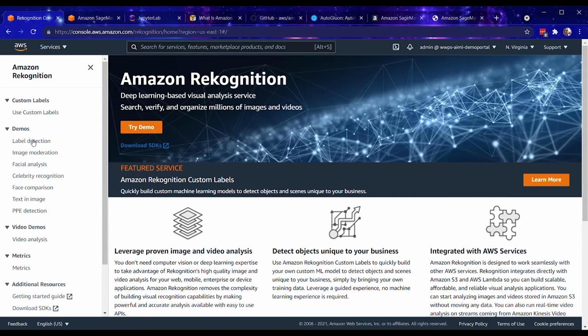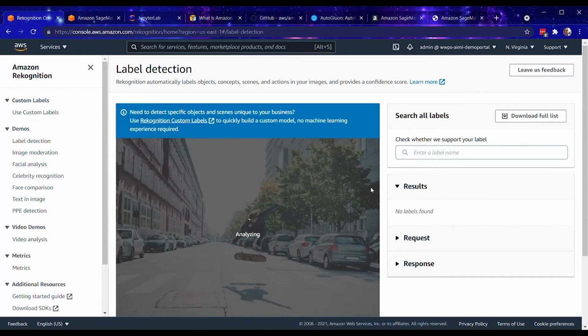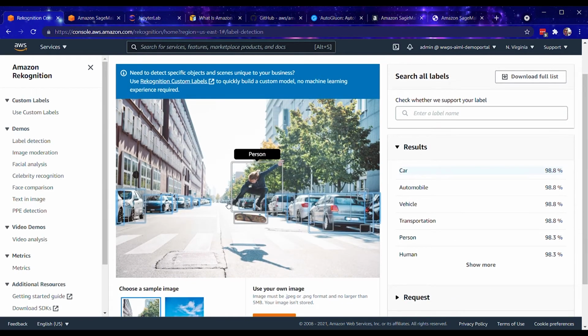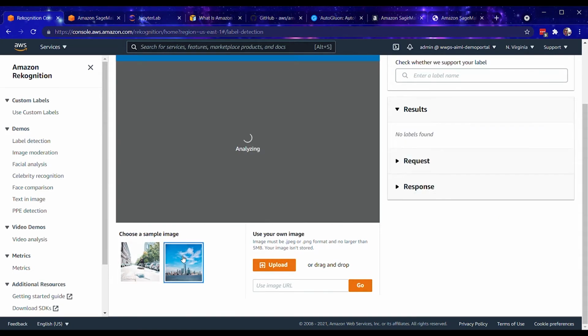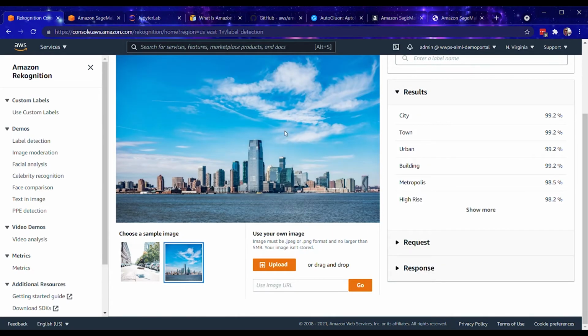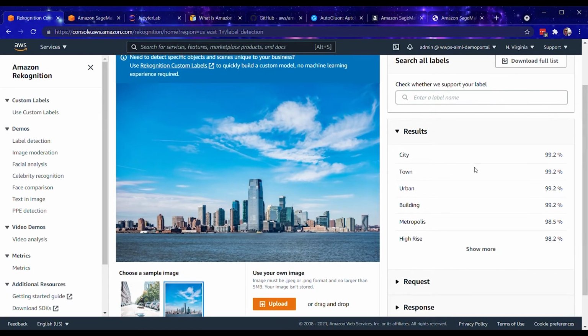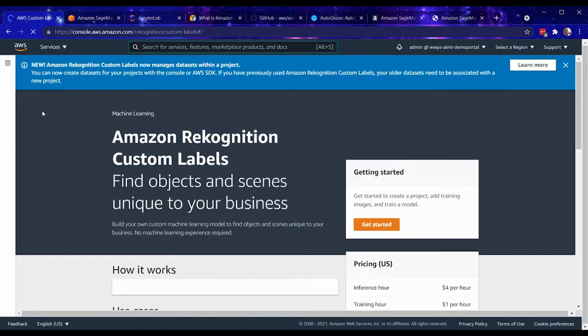So we could say, all right, here are some stock photos that we could use. But you can also upload your own images. So if you wanted to see if perhaps your brand logo gets detected, or it's detecting people wearing a certain shirt or something to that effect, you can go ahead and check that out really quickly within the console. So it's very easy to experiment with these and see if they'll work. And if they do work, it's a huge time savings to be able to use one of these right out of the box.